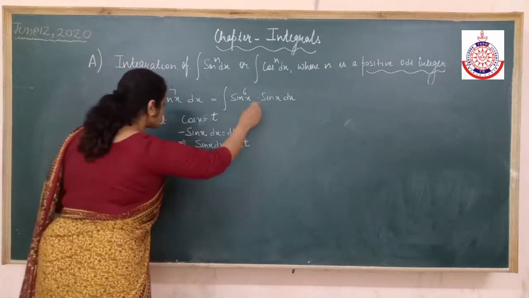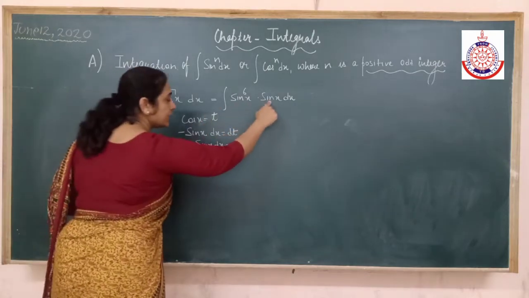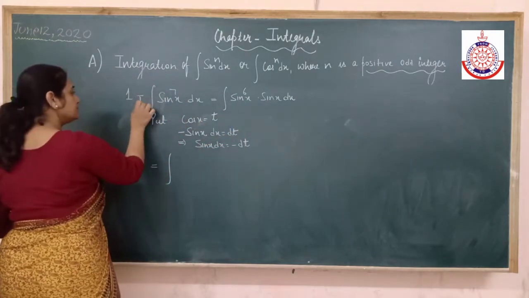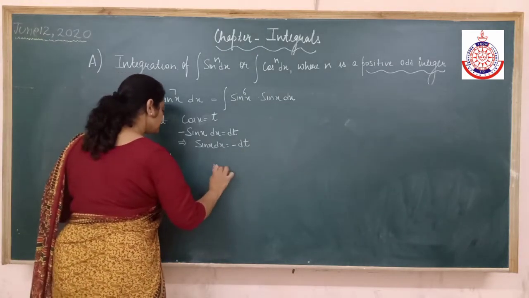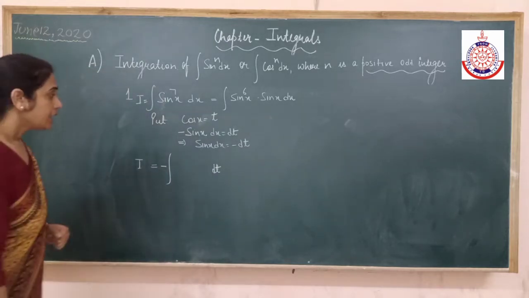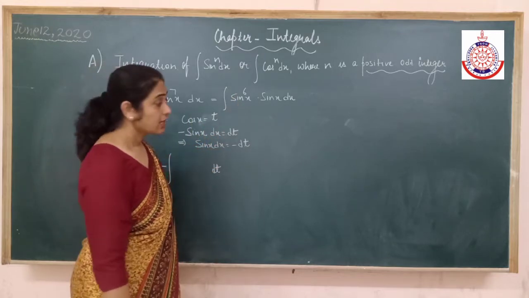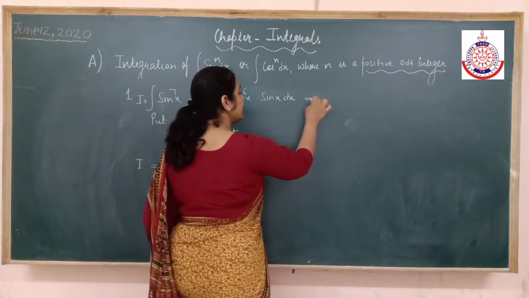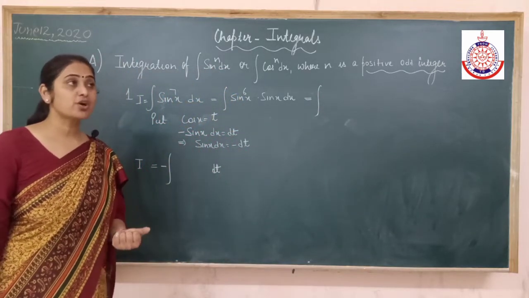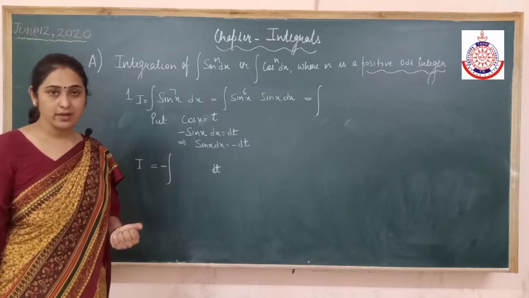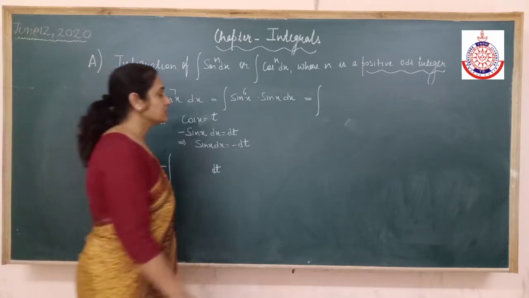So now, in place of sin x dx, I have minus dt. Now I have a value of cos, not of sine. That means I have to convert sine into cos. Why is this even power important? Because I know sine square is equal to 1 minus cos square. So I can easily convert these even powers into other trigonometric functions and formulas.